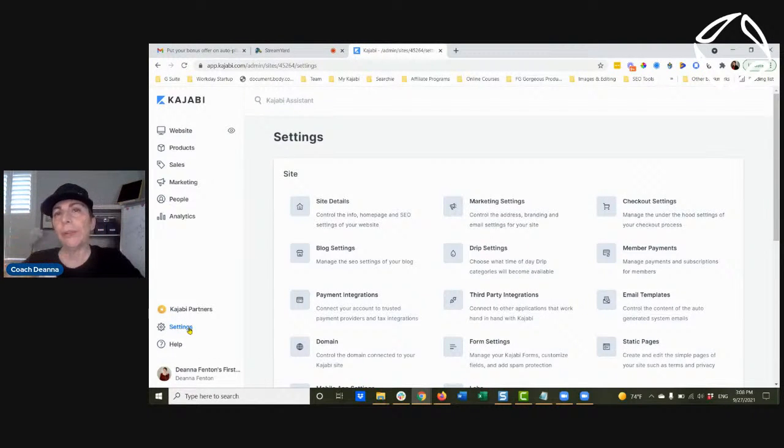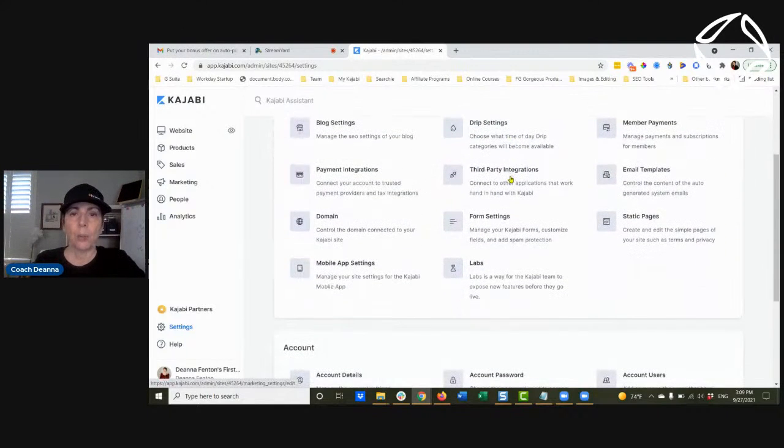Because it controls so much of the experience for you as you build your site, as well as your future students and members. But located here in the settings, right down this middle section, the very bottom, is something called